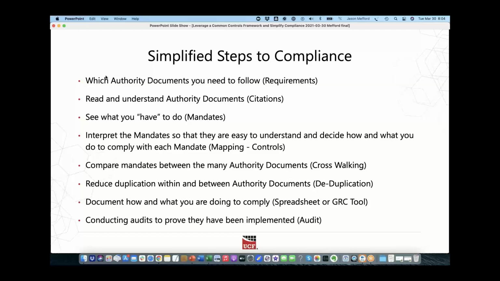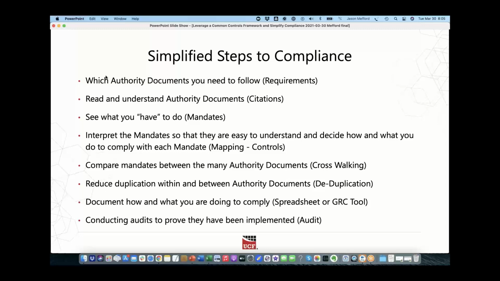Now, not everything in that document is asking you to do something or a have to do, right? Sometimes it might be an act of the US Congress. Well, you don't have to do anything about that. So you have to look through the citations, figure out what mandates are in there or what things you must do. Next, you have to interpret the mandates so that they're easy to understand, because again, a lot of times if you've read these documents, it's not in plain English. And so you have to figure out what it is that we are going to do and how we are going to do it.